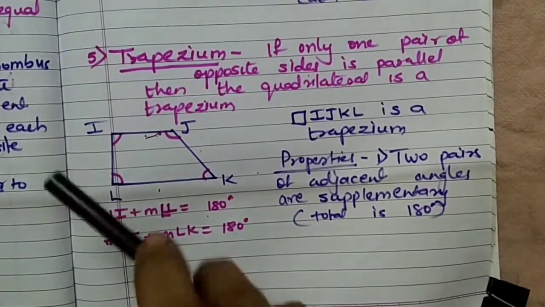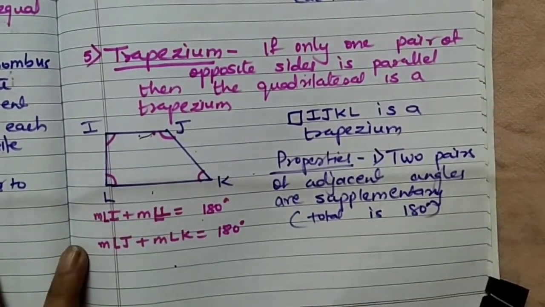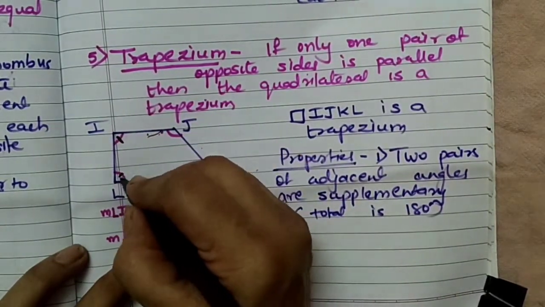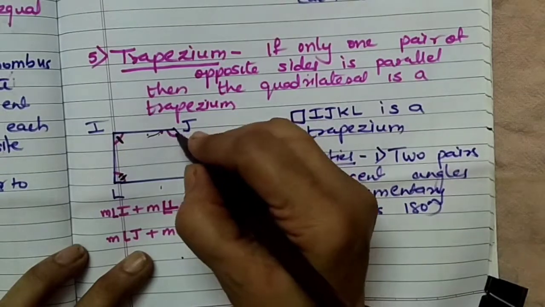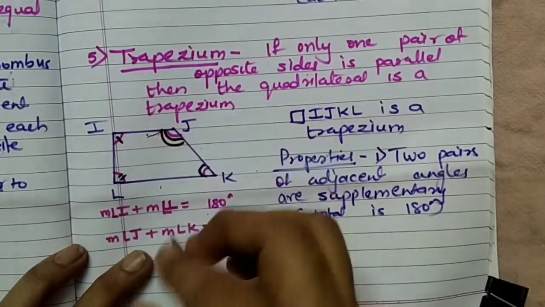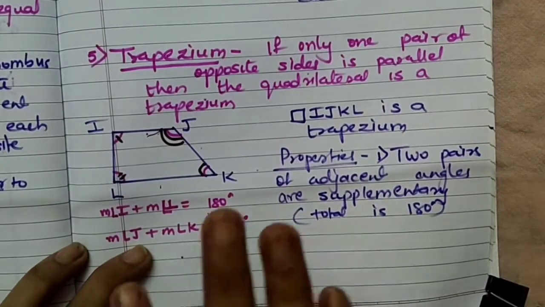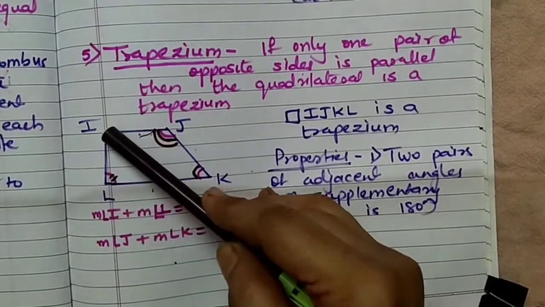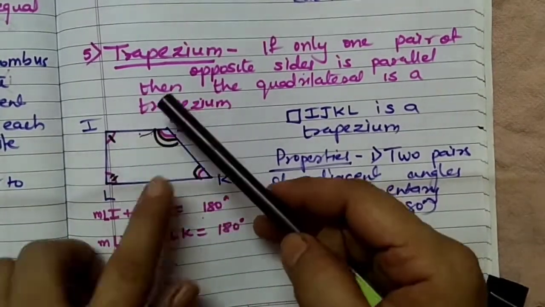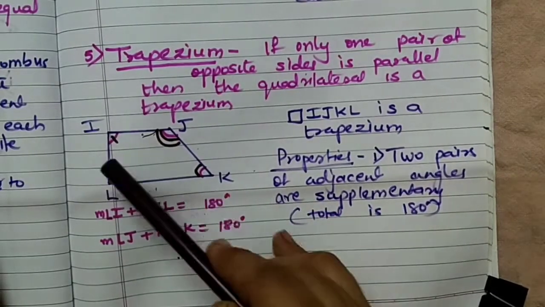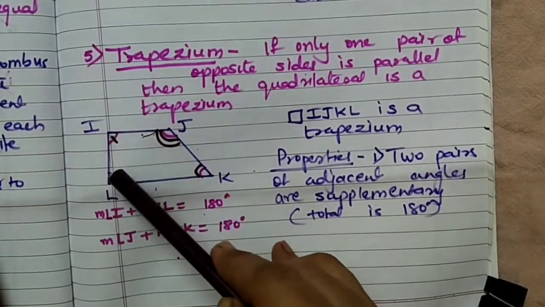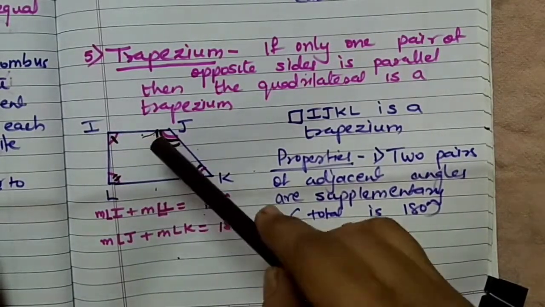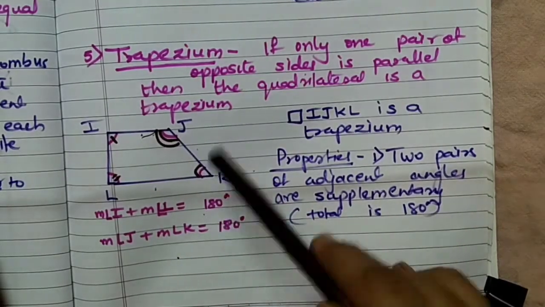So the total of these adjacent angles. Now I will show each angle by a separate mark. I will show here one line, here two lines, and here three lines. Why am I showing it? Because each angle is of different measure, they are not of the same measure. So I will not show them by the same signs, but I hope you have understood why these two angles total 180. Because these two are parallel to each other, this acts as a transversal, and the total of the interior angles is 180. Same way here also the total of these two angles is 180.